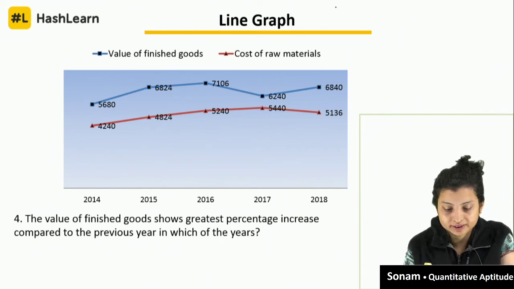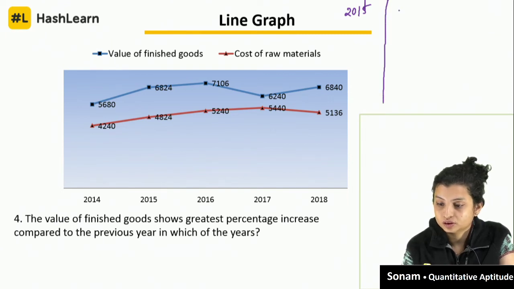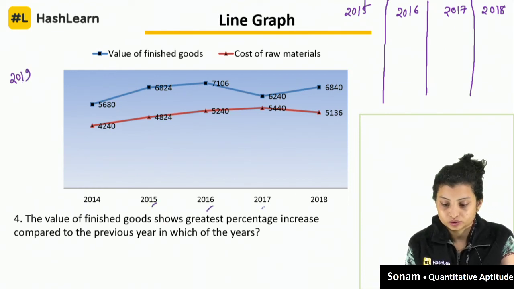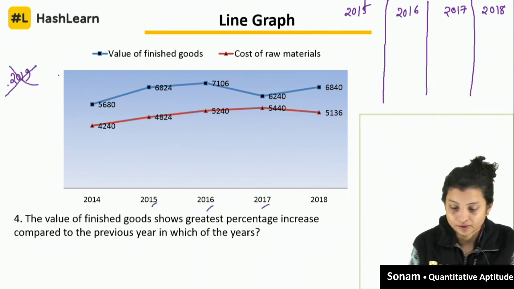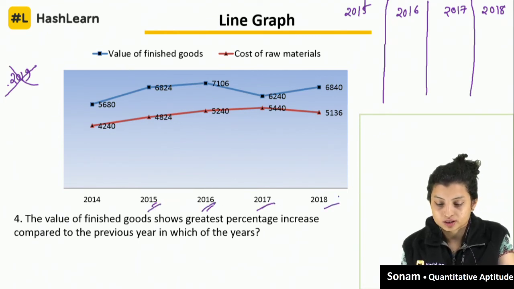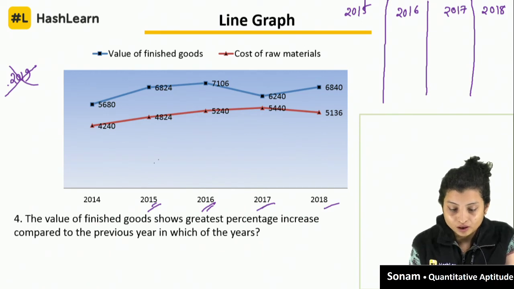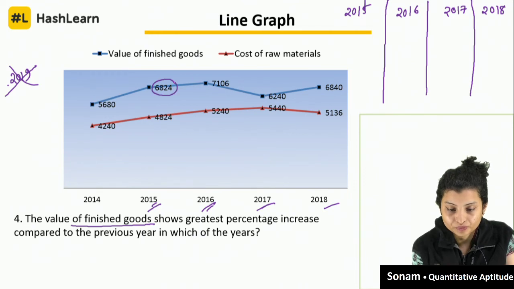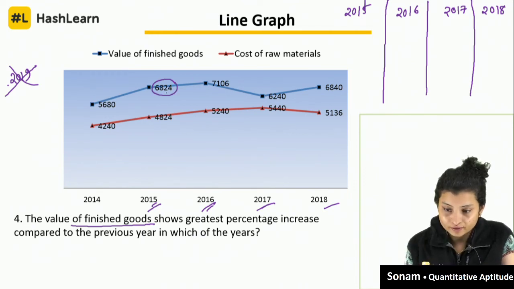So we will start with 2015, right? 2015, 2016, 2017, 2018, and here we will do 2019. Okay, so there is no 2019, so we don't have to do that. Okay, so only for 4 years we have to do 2015, 2016, 17 and 18. Okay, for which we need to do finished good. Okay, so this is your value. So final value